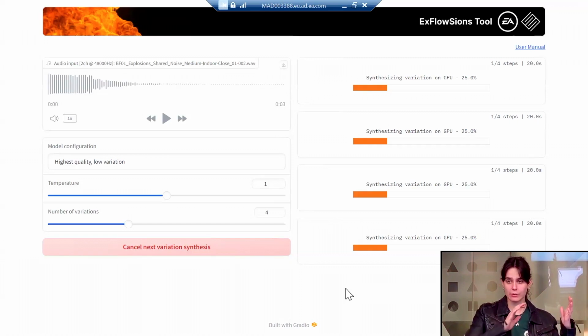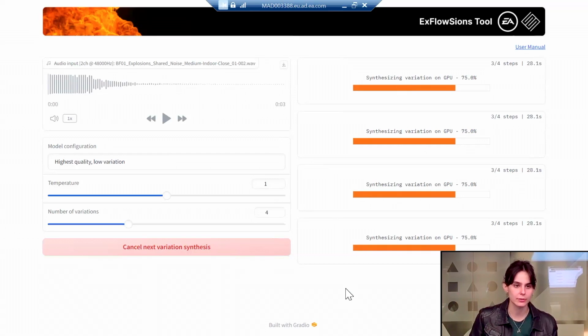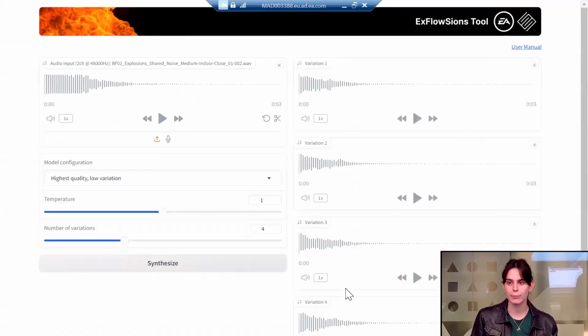How this is trained is that we take the input sound, or the dataset, and we convert it into a normal distribution, so that when we invert the model, we can just sample from this normal distribution in order to reconstruct the sound. And we will see later what's the effect of changing the temperature.